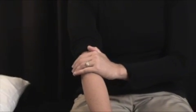Then, after you've done those 2 things, stretch and massage, I want you to put an ice pack over it. You could use crushed ice in a baggie, put a paper towel in between you and that crushed ice, or if you have a gel pack, wrap it and strap it right onto the area of pain. And you're going to ice for